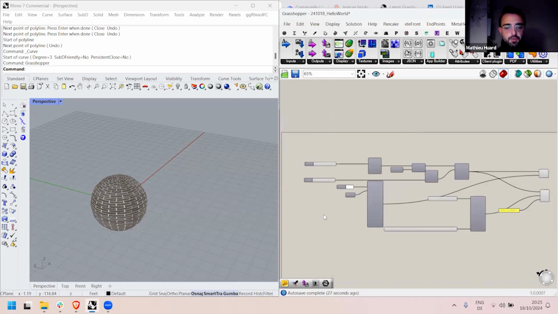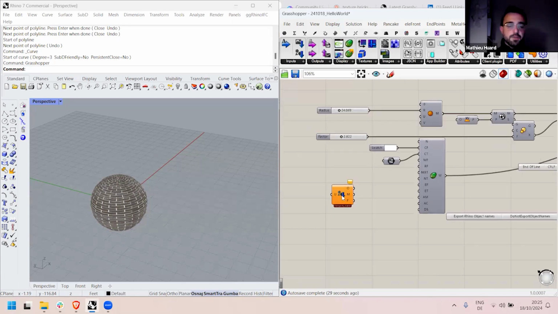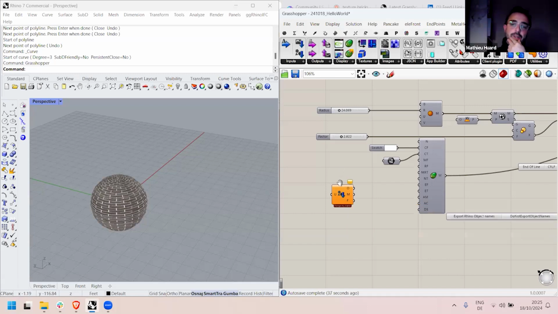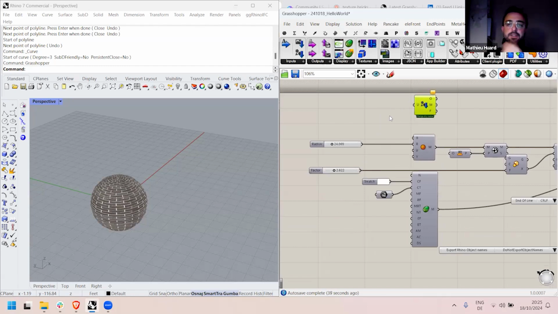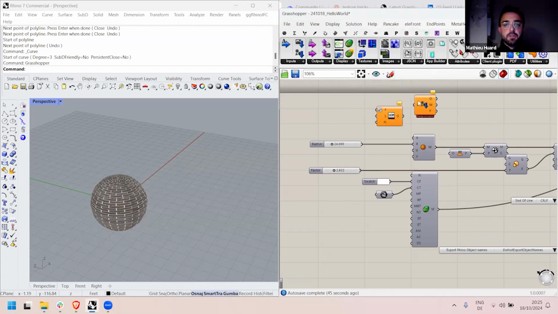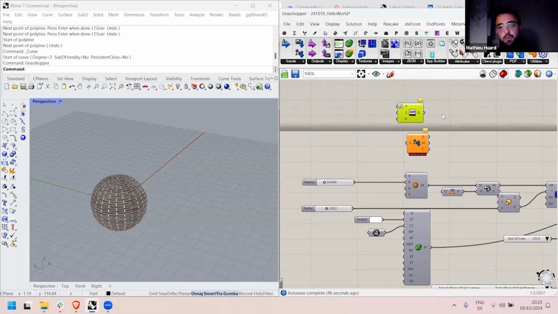So in my case, import geometry, for example, which allows symmetrically to import files into the online application and then process them once they're there. So that's essentially the equivalent component to the import 3DM, the standard Grasshopper component, which obviously does not work on ShapeDiver, and that's one of the first examples of